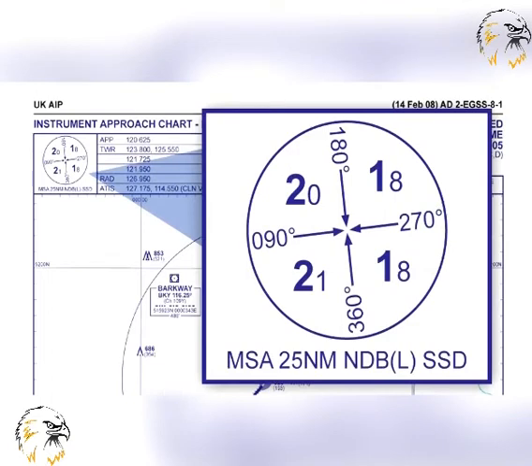Minimum sector altitudes, MSA, are established at all aerodromes and provide at least 1,000 feet obstacle clearance within 25 nautical miles of the homing facility, NDB, or VOR associated with the approach procedure at that aerodrome. In the UK, MSA is specified for each of the cardinal magnetic compass quadrants. On approach plates, the MSA is diagrammatically represented. The lowest level permitted for an arrival route will be the MSA for the appropriate quadrant that contains the arrival